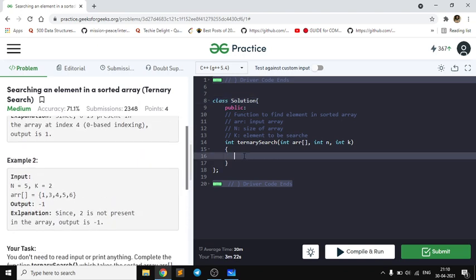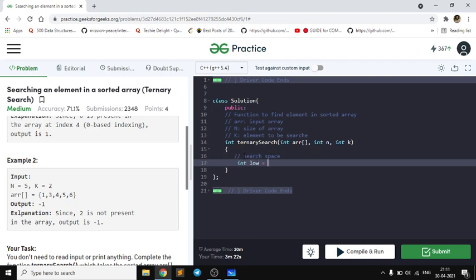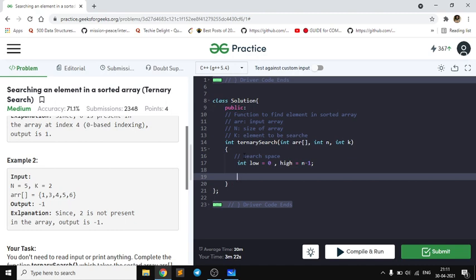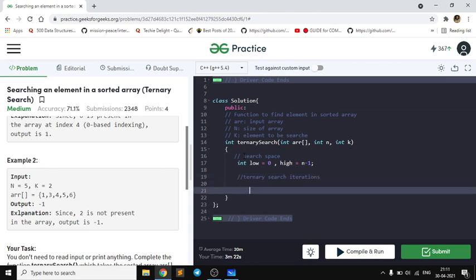So let us now begin with the coding. As we said, first of all we will determine our search space, so let me comment it down. First of all we will determine our search space. How will we do that? We will take low as 0 and high as n-1. Now we'll do the ternary search iterations. How will we do that? While low is less than or equal to high,